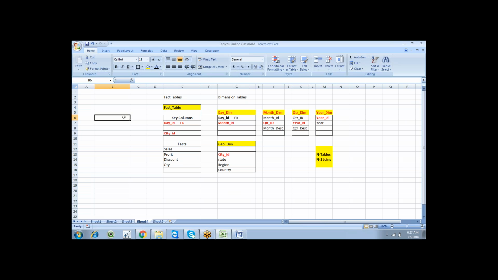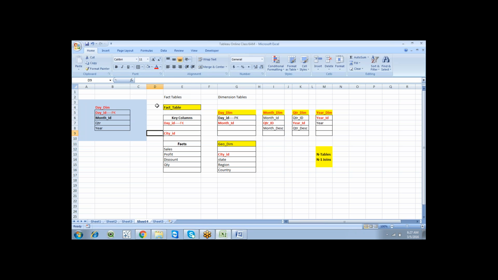So let us take the same table, Control C. I'm going to give a star schema here: month, quarter, year. This is a star schema. We have a direct relationship between a fact table and a dimension table. I'm going to differentiate with color.